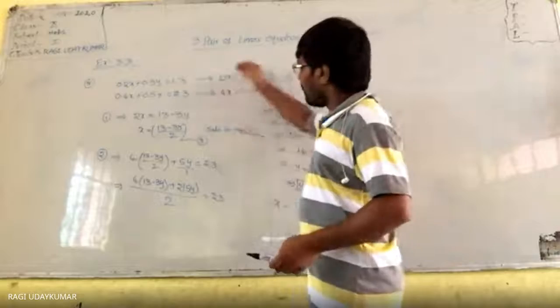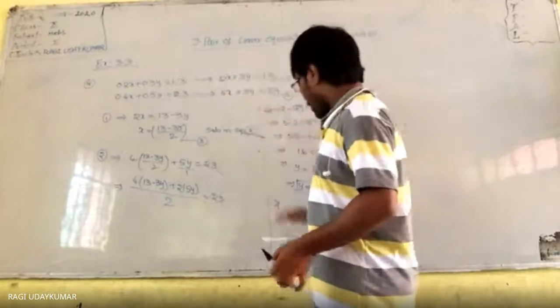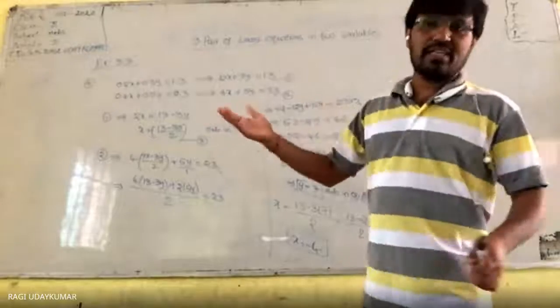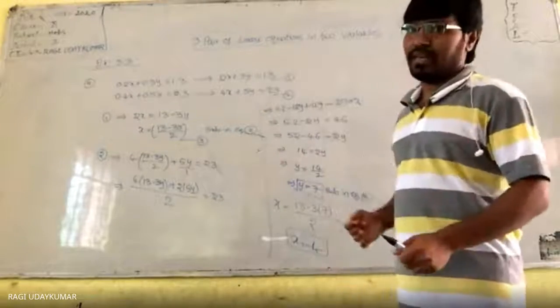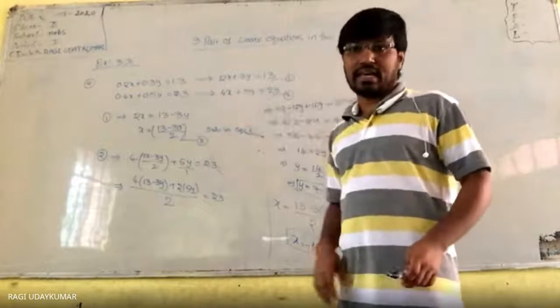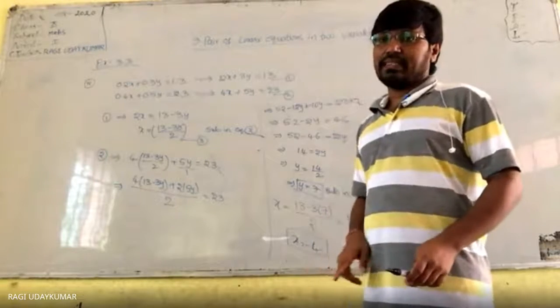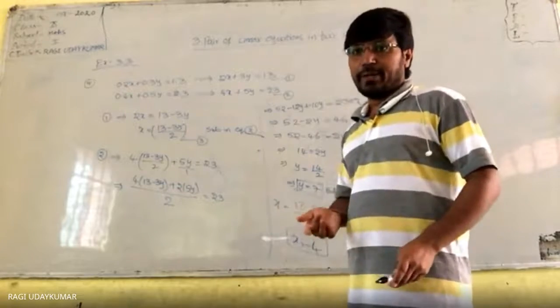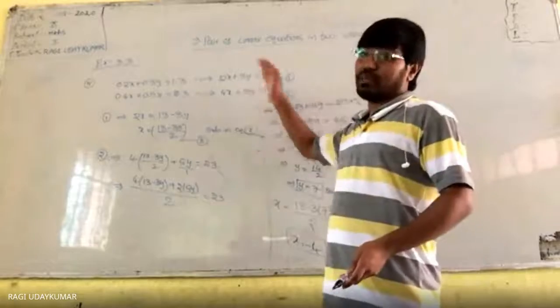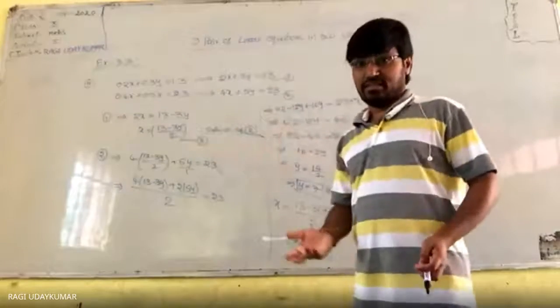पहला y आ जाएगा, वो y इसमें substitute करना है. First you will get the y value. Then after that, substituting the y value in any one of the equations, you will get the x value. That is one way. If you choose the second equation, x express करना है. If you express the x in the second equation in terms of y, that is one method. If you express the y in the second equation in terms of x, that is another method.